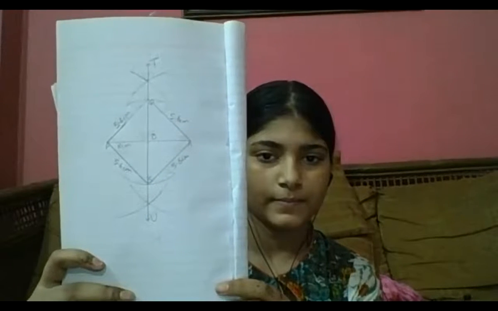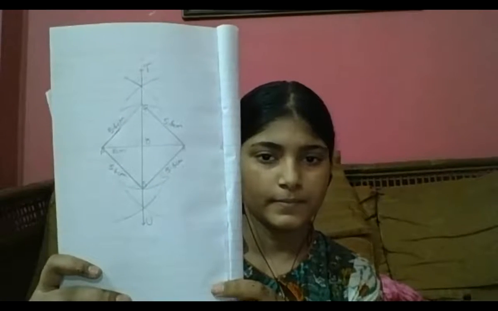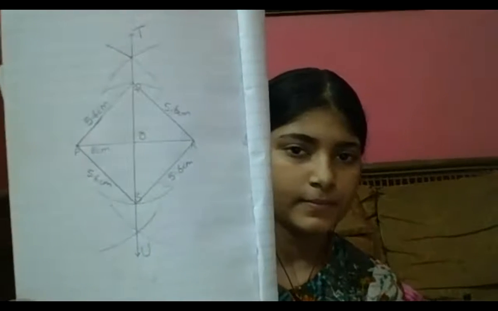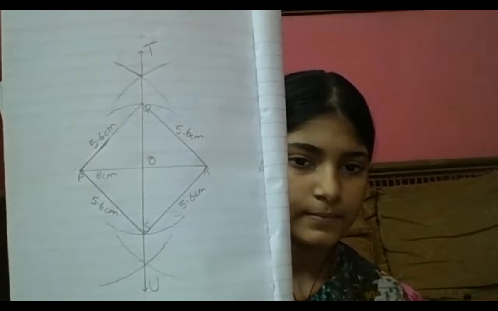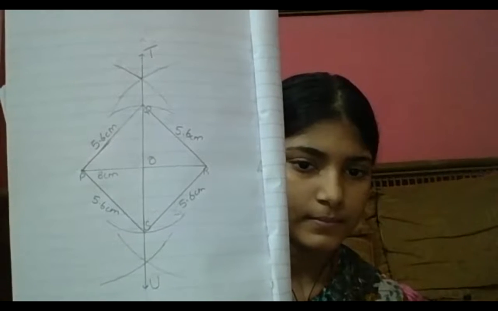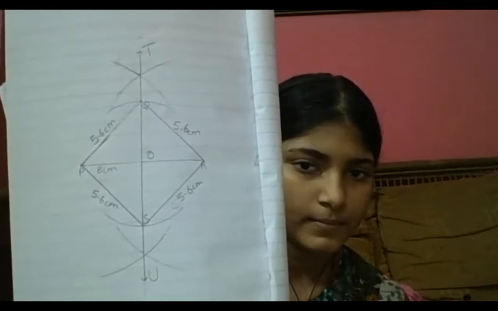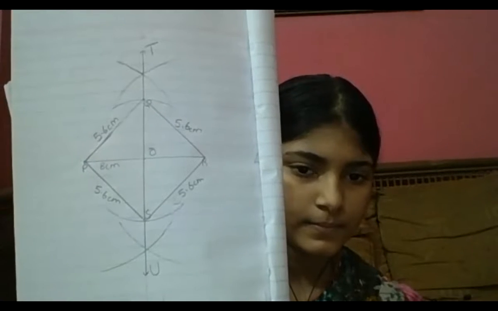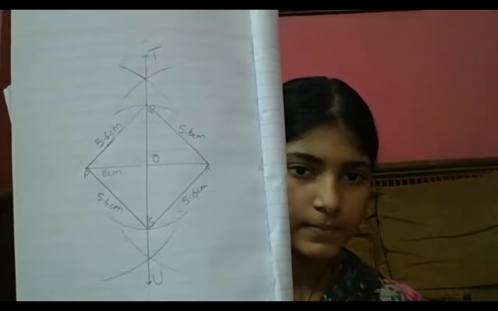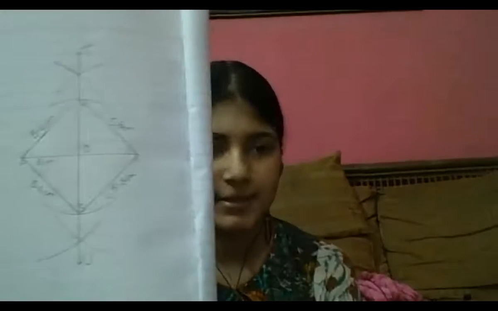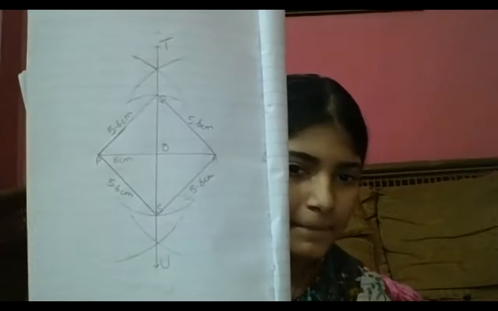Okay, here Ramla is showing her work. Ali, show me your work quickly. Acha, Ramla, just keep your copy closer to the camera, closer, more closer. Now we get PR. Very good. PR is equal to 8 centimeter, and very good, she has drawn a right bisector TU. Okay, now you have drawn PQ, QR, RS and SP. Beta, all the measurements are 5.6 centimeter, Ramla. That's great. That means you have drawn perfectly.